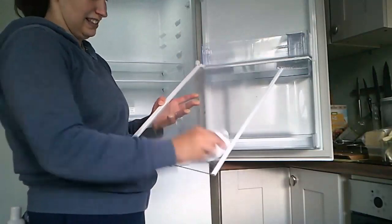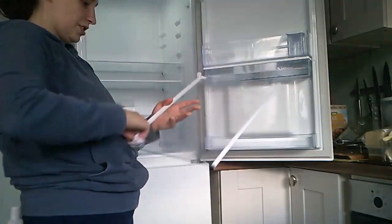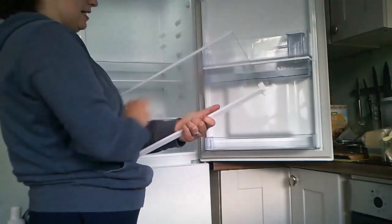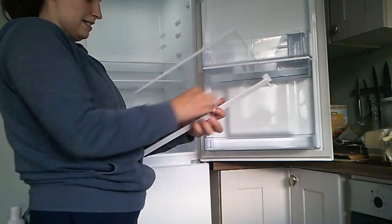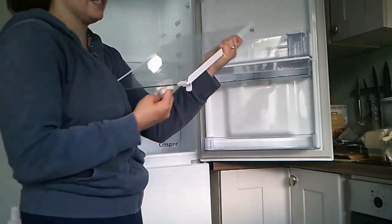I like to do my fridge no more than once a month, but at least every 6 to 8 weeks. But it doesn't always happen. Sometimes it's a thorough clean like this one. Sometimes it's just